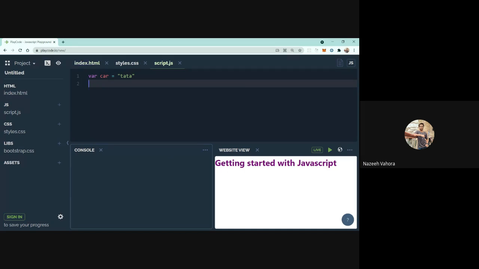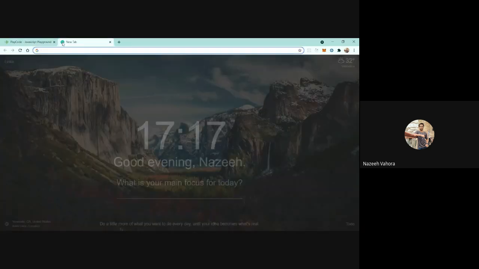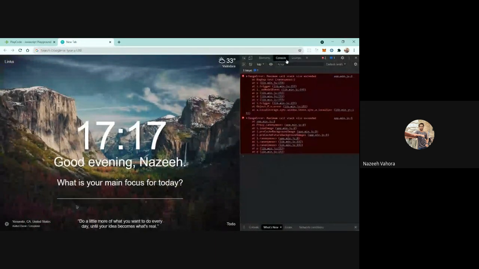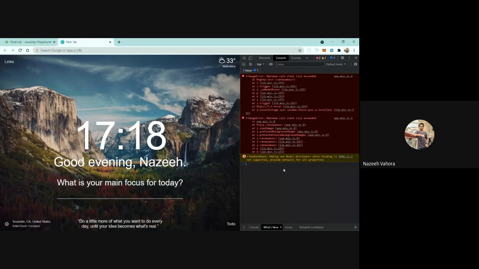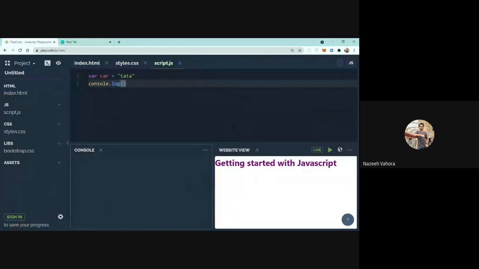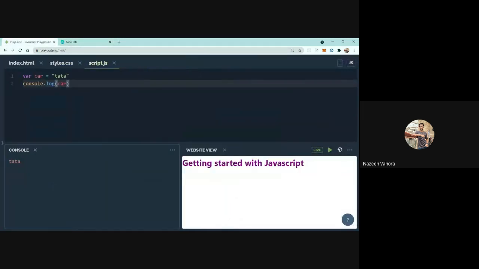So let's say I want to console it. You might have heard console. We can basically log this value in our console. You can see our console browser in here. This is my console. So if you have any website and you are logging anything into a console, it will appear here. In this playground they have provided us the console here, but in a live website it will be in the browser. So anything that we are logging in console, it will appear here. So let's log this value. So we can see it is now available in my console.